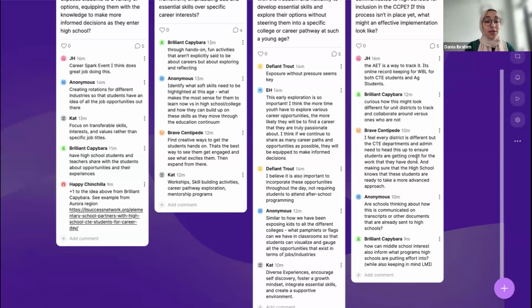Awesome. Well, I want to thank you all for your incredible thoughts. I'll leave this Padlet, again, it's in the chat, for you to continue to engage in the thoughts of those around you. If this is work that you're engaging in, I hope that you feel like you have gotten to learn from others. If this is work that you have not engaged in yet, I hope that this has sparked some interest in you, just to know that